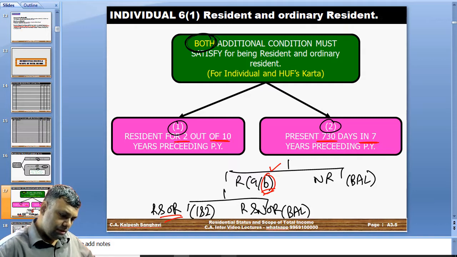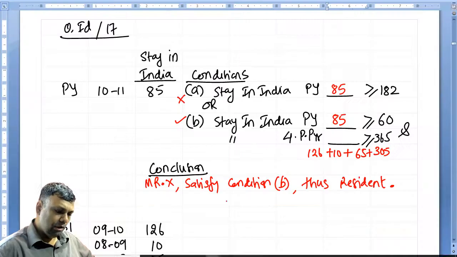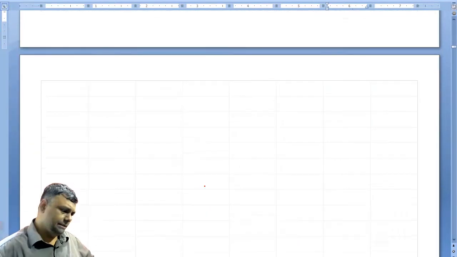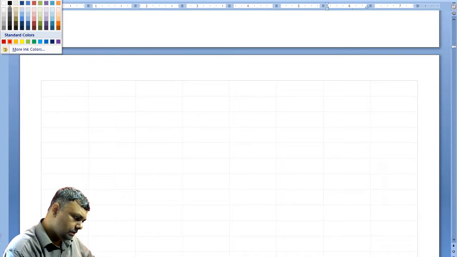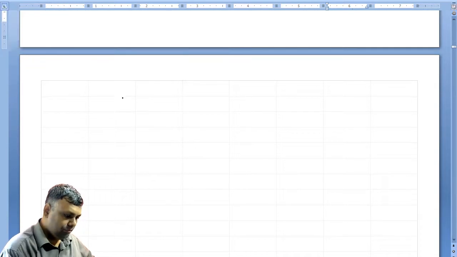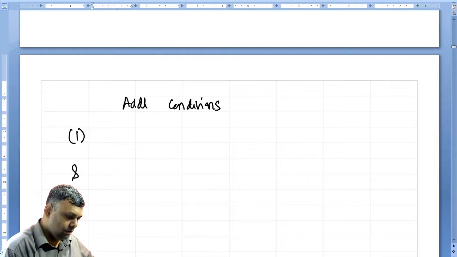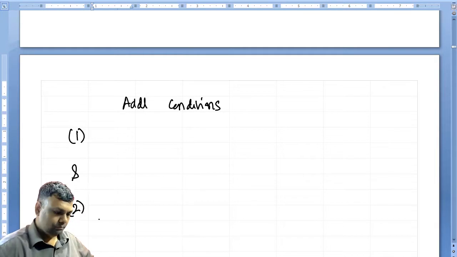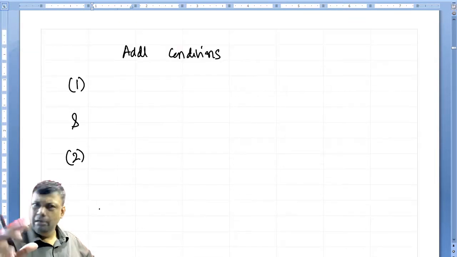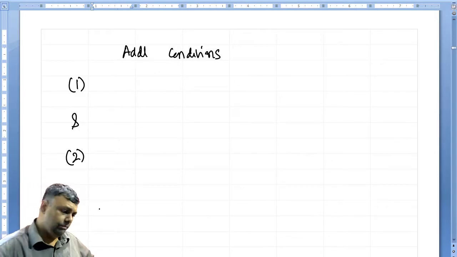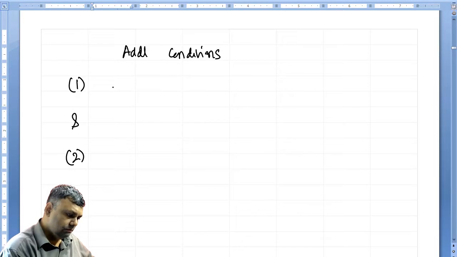So how do I start the answer and how do I present that particular answer? Okay, I'll just go to the next page. I will write this way: additional conditions 1 and 2. I'm leaving space in between because if I want to add some extra comments somewhere, I can do that. Okay, so condition 1,